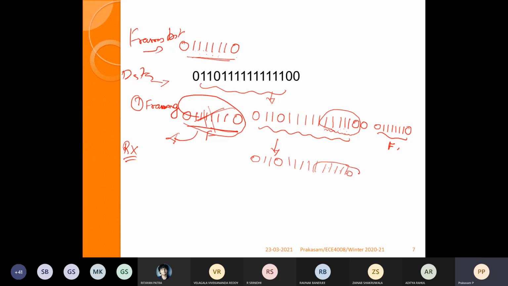Discard this, as it is also a frame. This will be discarded, this is also a frame. Then 0. Next, similarly, this is also discarded as a frame. Now if you see here, the receiving bits are 0, 1, 1, 0, 1, 2, 3, 4. This is actually the receiving bit. This is the actual transmitted bit. So this is the receiving bit.